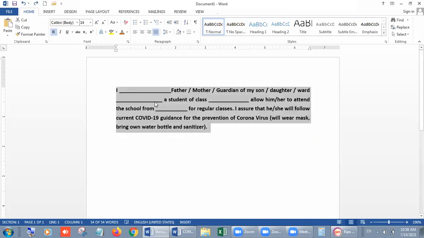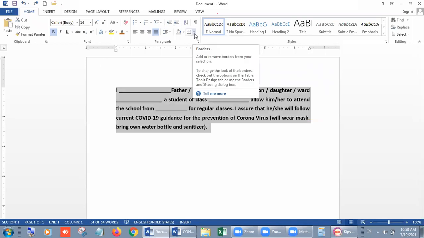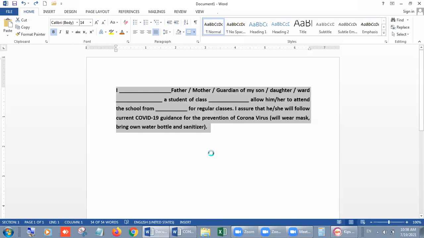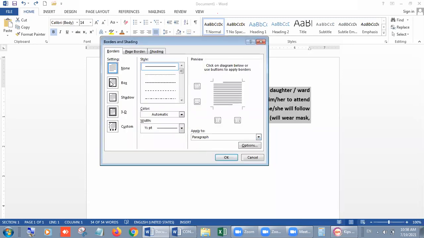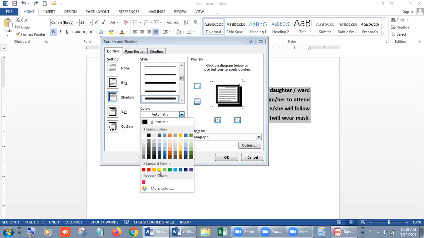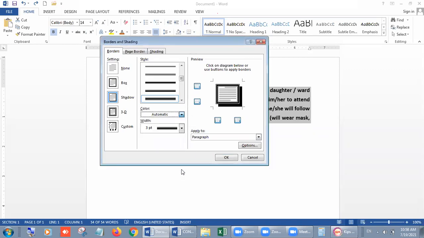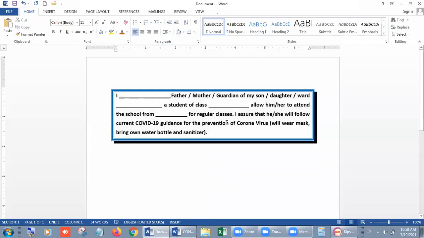Okay, students, in this way you can apply. I am doing it again. Go to the border button, then border and shading. From there, this time I am taking the shadow option and choosing the bigger one. Color, this time I am taking blue and click OK button. Look, students, we have a border around it and some shading also behind the border. Look, this black color is showing us a shading, right, beta?